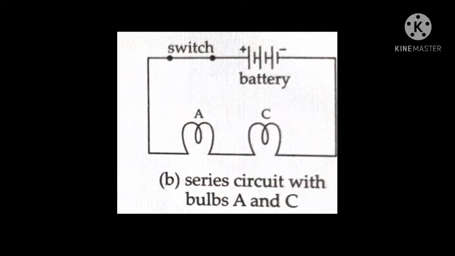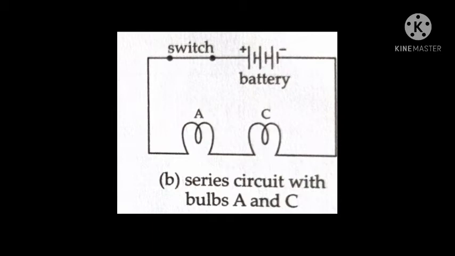we'll find that the bulb stops glowing. So this is why it happens. It happens because when any electrical appliance goes out of order, the other appliance also stops working. This is because the electricity supply to the circuit is cut off. So here the bulb C is fused, so the bulb A would not glow. This is what happens in a series circuit.